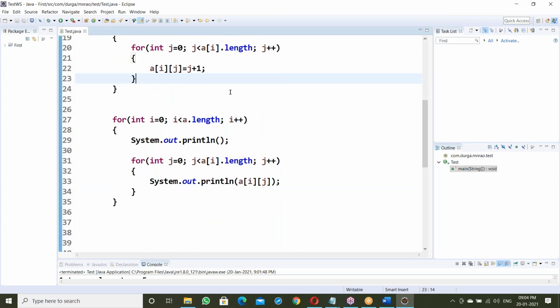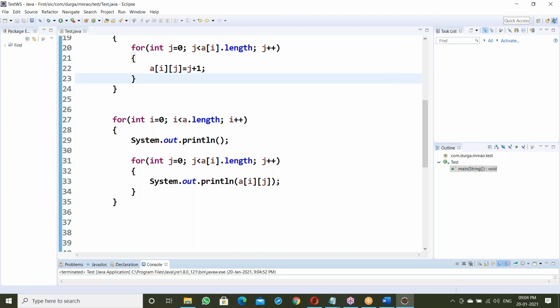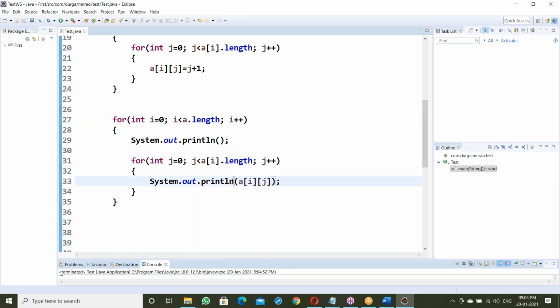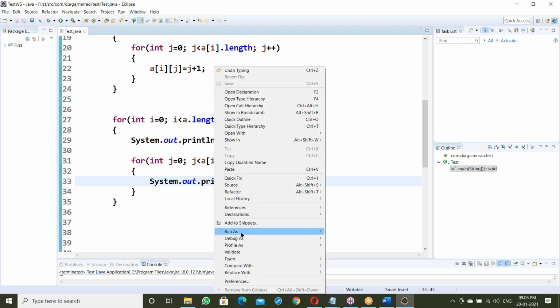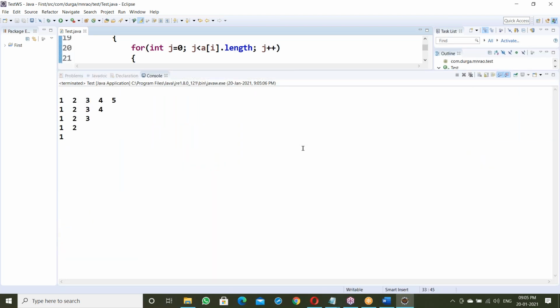Now let us run this. Println here, it's a print plus space. Now run it. See this: 1 2 3 4 5, 1 2 3 4, 1 2 3, 1 2, like this.